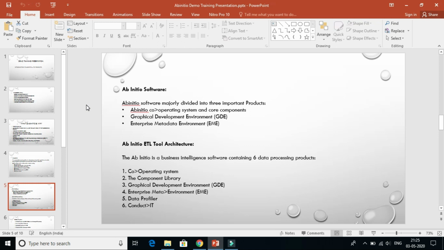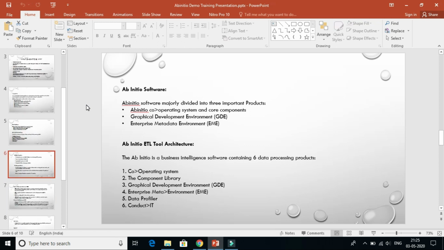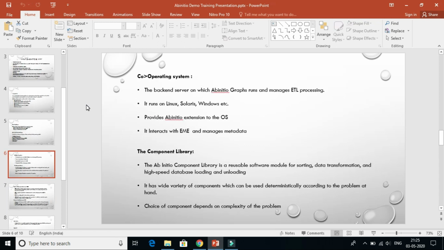So what is the Cooperating System? Every system has an operating system installed on it, which enables the user to do operations on the system. It is software which is useful to install whatever software we need to operate on the system.